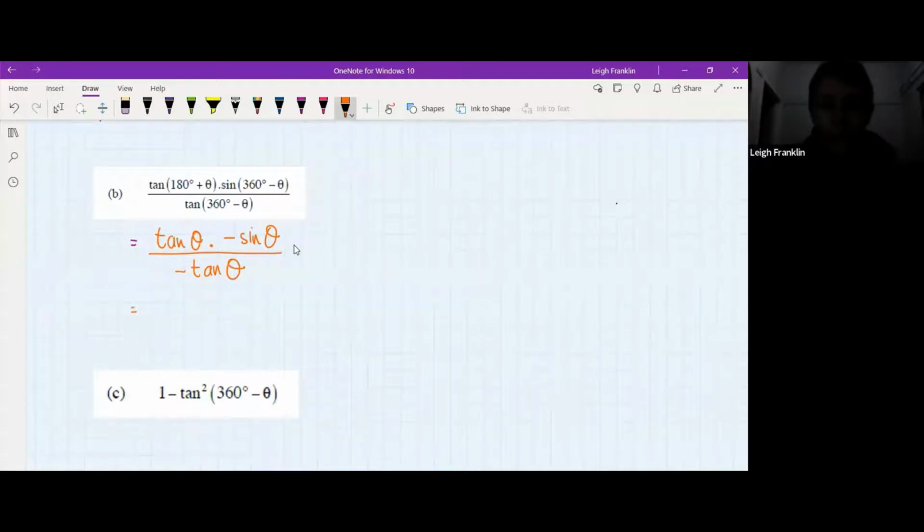Ma'am, I think we are going to cancel the tan. Absolutely. In maths, anything divided by itself is 1. So quite right, Buhlale, tan theta divided by tan theta leaves me with 1. What am I going to do about this negative and this negative though? A negative divided by a negative is going to leave me with a positive. Absolutely. So this is going to leave me with a final answer of positive